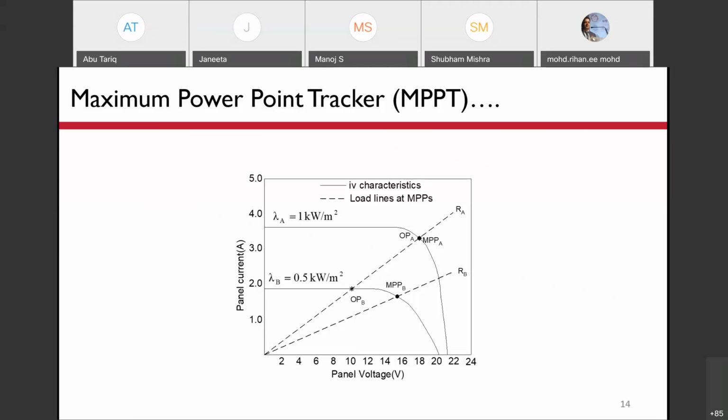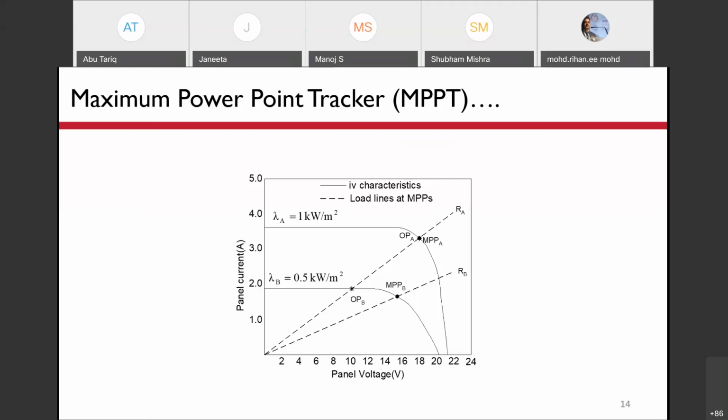The voltage corresponding to the maximum power point we call the maximum power point voltage, and the current we call the maximum power point current. So we have to adjust the current drawn from the PV array always, in all insolation conditions, equal to the maximum power point current at that particular insolation or ambient condition.